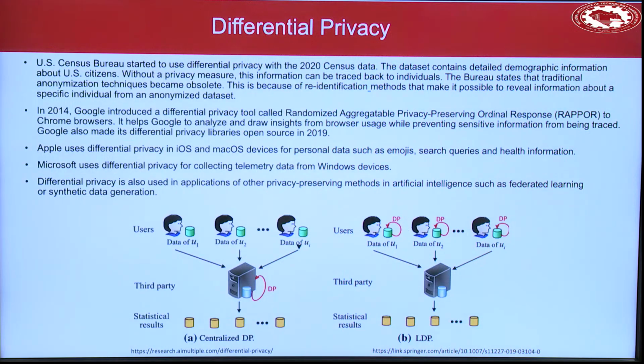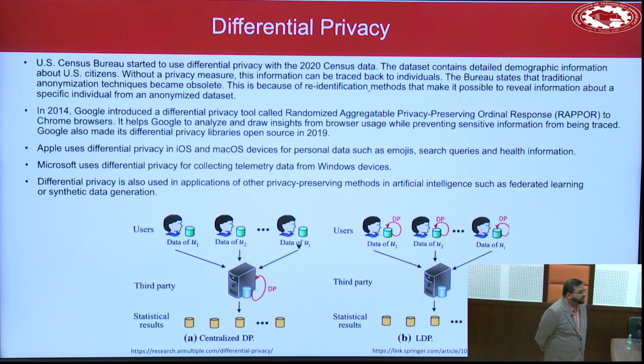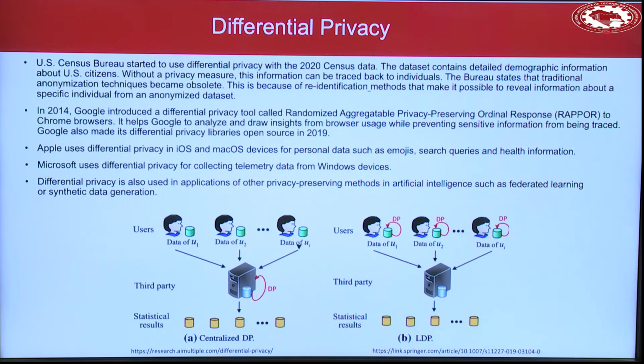Right, so just the last slide before we stop here. Differential privacy. I think I touched on it a bit, but I just wanted to give you more of a sense. So what is differential privacy? We say that instead of sending or sharing the actual data, we want to introduce some noise to it so that we don't reveal the actual data. There are two ways of doing so.